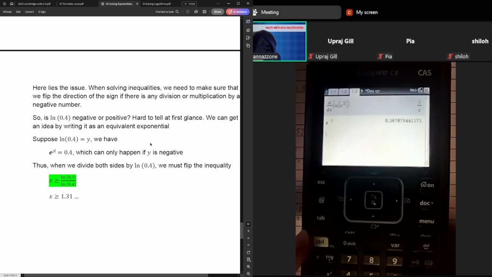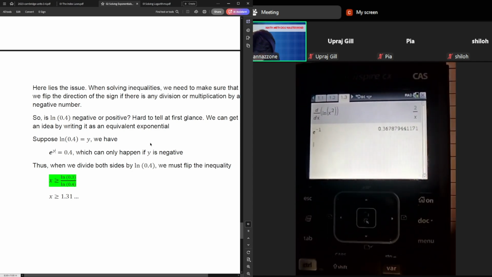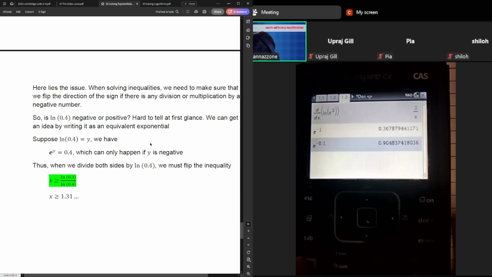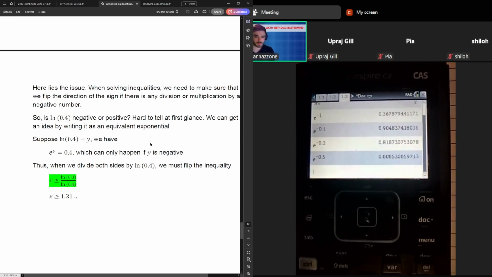So e to the negative 1, well, it's actually already too small. Negative 1 was a bit too drastic. So let's say e to the negative 0.1. That's approximately 0.9. If you do e to the negative 0.2, you get a bit smaller. E to the negative 0.5, you get a bit smaller. Point being, if you go negative enough, you will hit 0.4, and the fact that y is negative